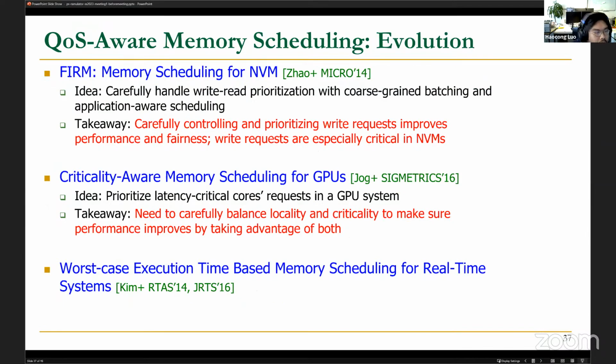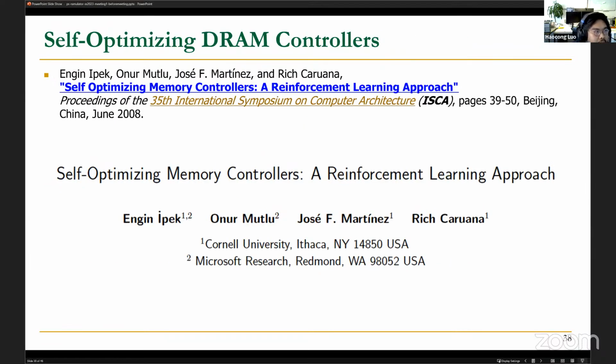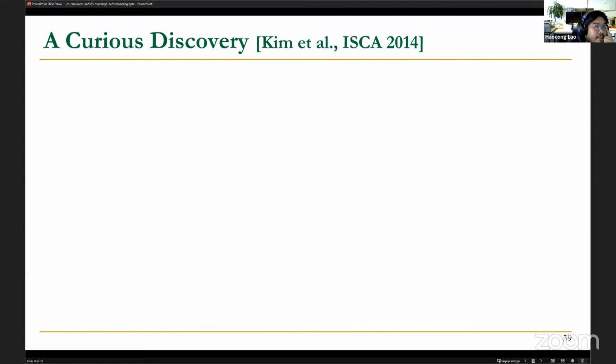Yeah, so I think we are a bit tight on time schedule, so I will just quickly go through them. And of course, another more advanced research topic, because of the complexity in the DRAM scheduling decision and the potential very large system performance parameter space, we can try to use a machine learning approach to design memory controllers that can optimize itself according to different needs and different workloads. And second, besides performance,